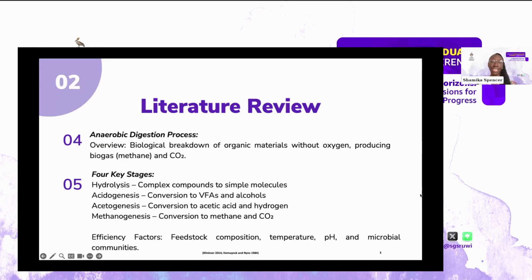So what is anaerobic digestion? This is the breakdown of organic materials in the absence of oxygen to produce methane and carbon dioxide as the end products. There are four main stages of the anaerobic digestion process: hydrolysis, acidogenesis, acetogenesis, and methanogenesis. And there are certain key factors that influence the optimization of the anaerobic digestion process, such as pH,